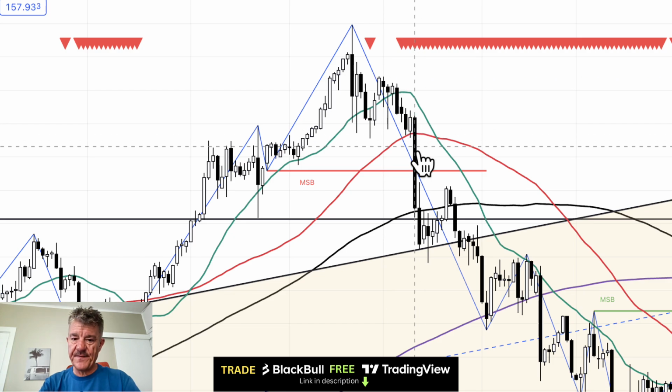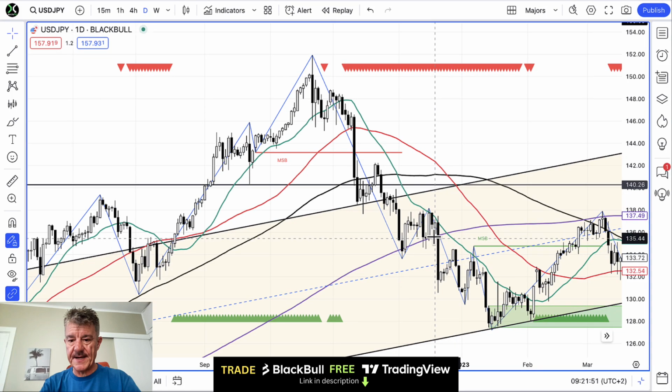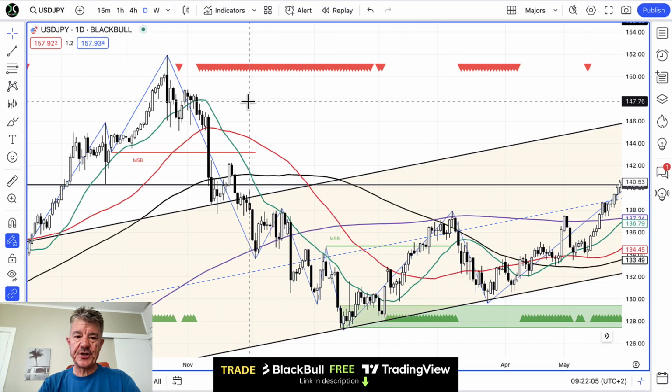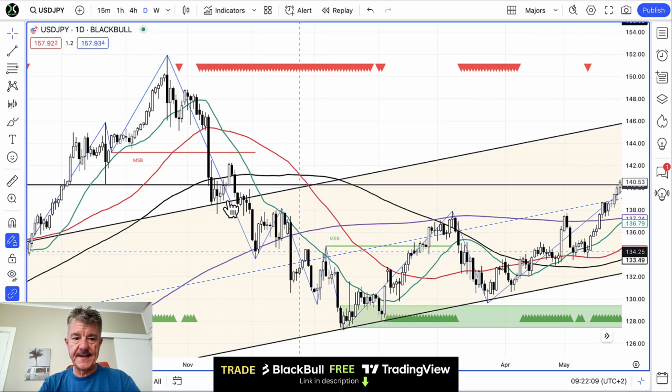And then quite a lot of time before the second round of intervention, and then I'd hazard a guess that we had a couple more after that. I'm not 100% sure about these two, but certainly these two at the top here. Let's scoot across to where we are today, and I've taken this fractal from the top to the bottom here, and I've done a copy.